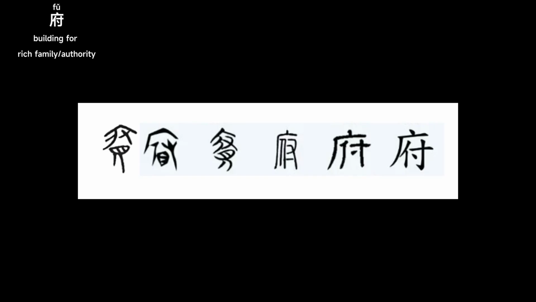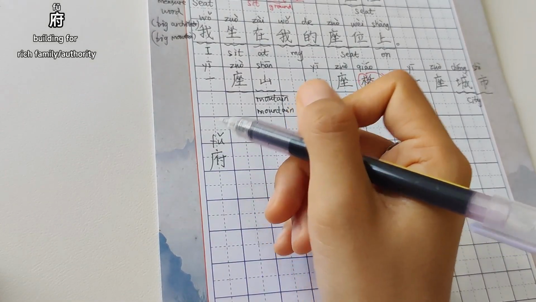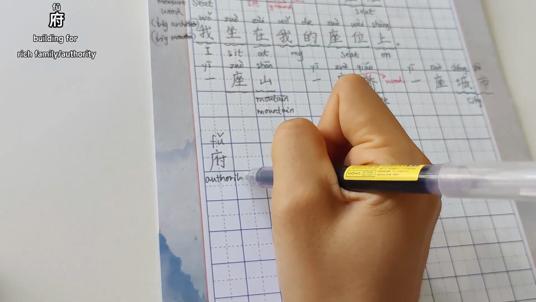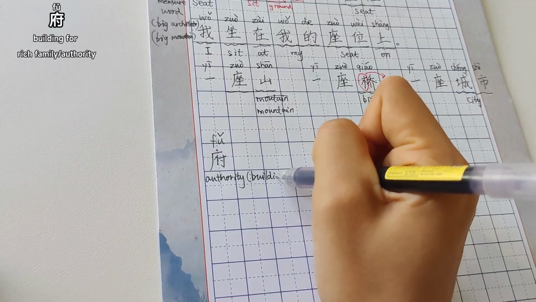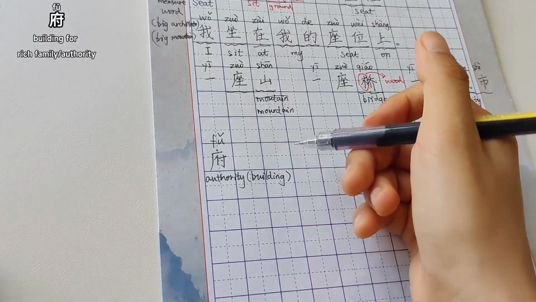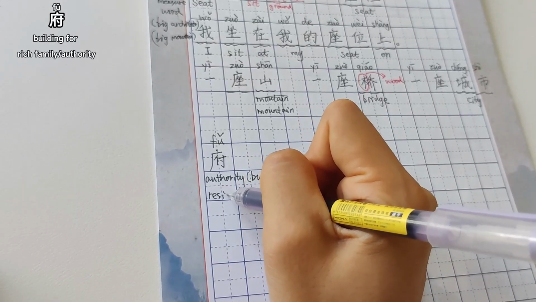And since there's a lot of paperwork and property, it could be the building for authority or the resident building for rich and powerful people. Nowadays, the fu could be the building where the authority is, and it could also be the resident